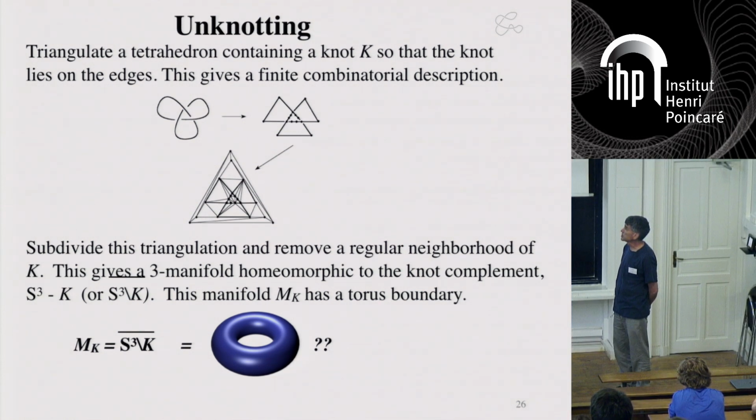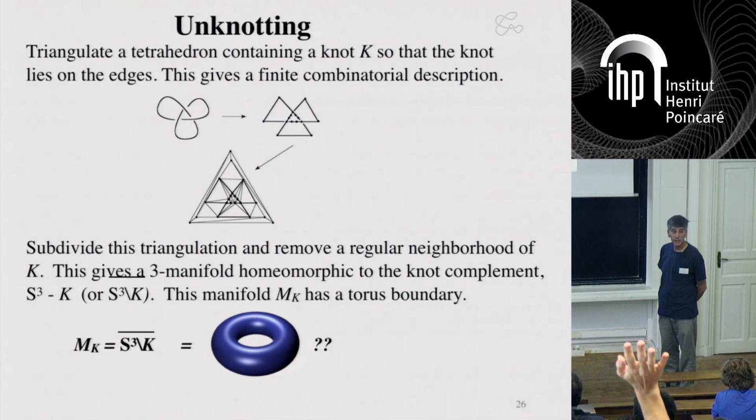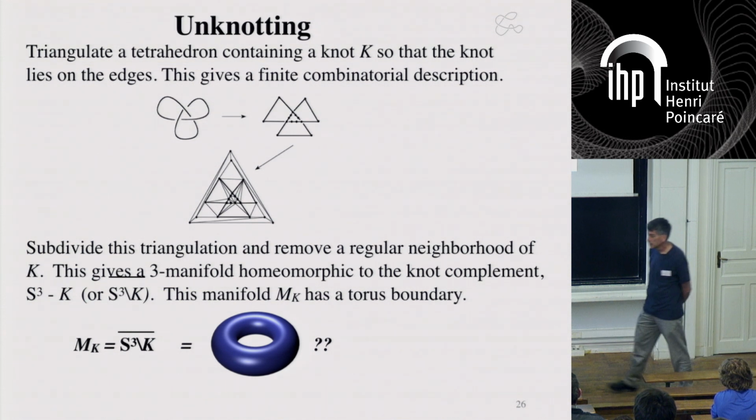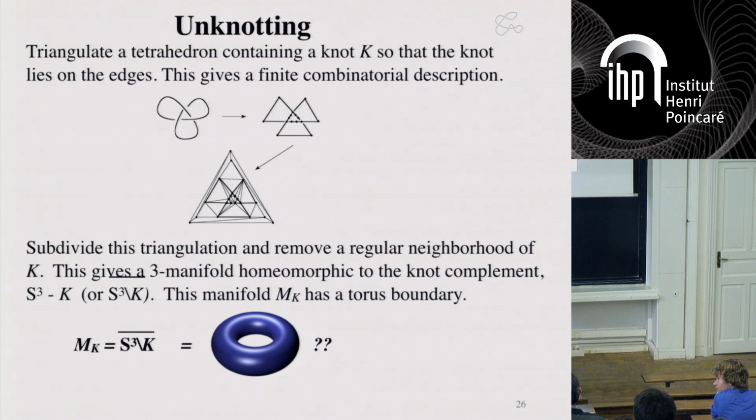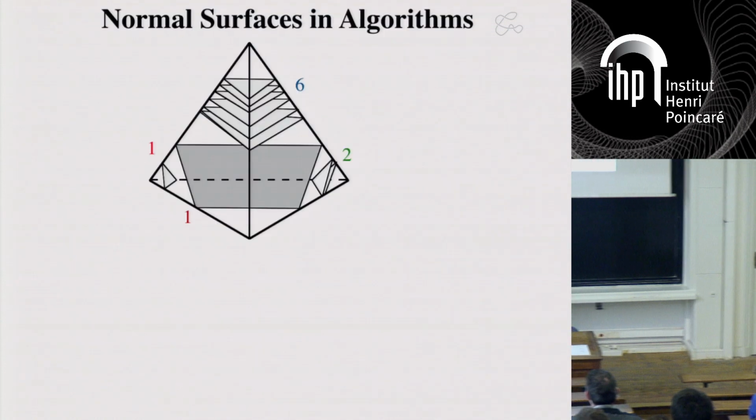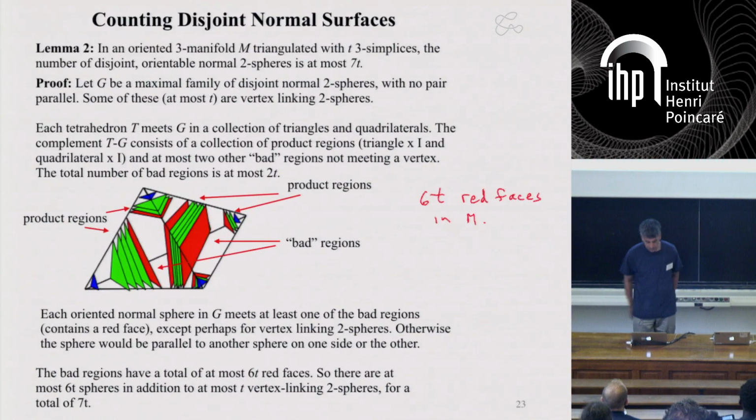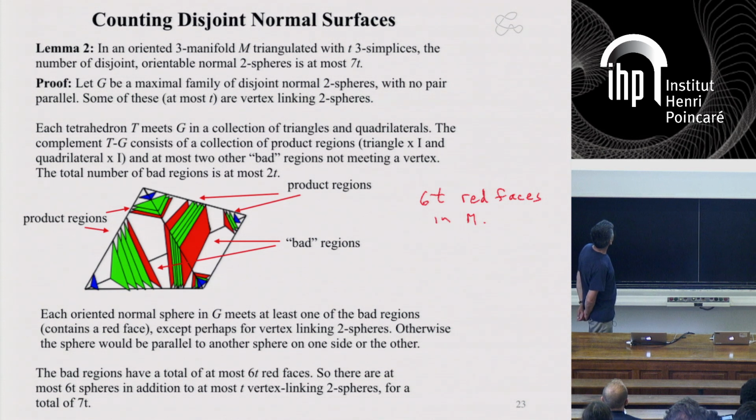Question? Yes? I wonder how tight the 70 value is. It's not at all tight, yeah. You can get it to 2t, actually, if you're a little more careful. Because it seems that you should get a smaller fraction of the... Yeah, at least for spheres, you can get it down to 2t